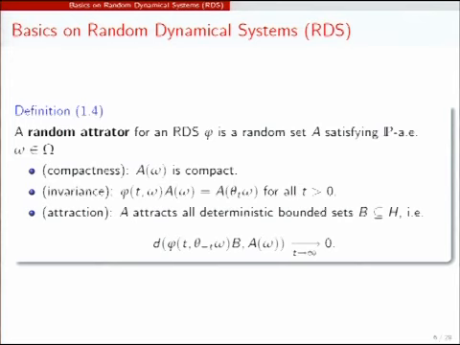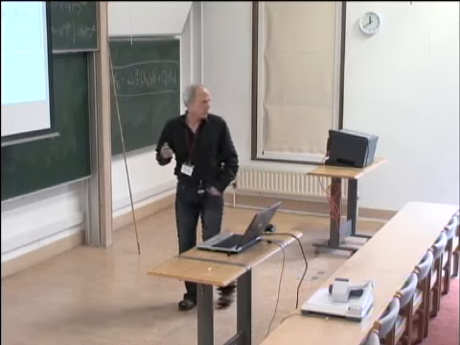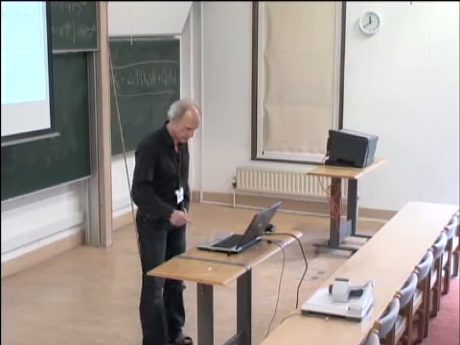So we defined attraction even for random sets, but a random attractor has to attract every bounded set which is deterministic. So that's a random attractor. And what is very important in this terminology, which is not mine, it's the one of the experts in the area, is that it's always compact. So it's always a compact random attractor, but it's put simply in the definition.